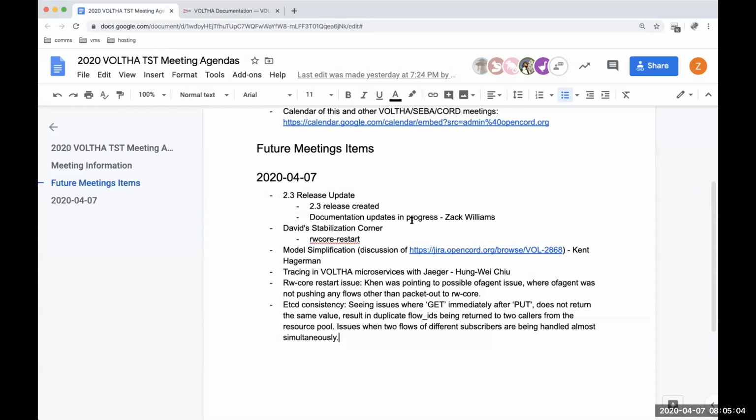I know we've done a 2.3.1 of the main VOLTHA chart that fixed some bugs. But hopefully we'll have a more formal release announcement later this week once the docs are ready. How are we going to number that in the chart, as 2.3.0 has been taken? Is it just going to release as a minor revision of that? Yeah, it's going to be released as 2.3.1, a patch on it. Okay.